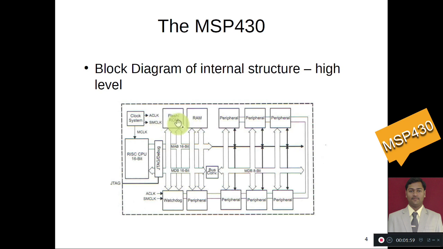For containing the hexadecimal file, we have ROM or flash memory, and for containing random data, or temporary real-time data, we have random access memory, RAM. And there are two buses, MAB 16-bit bus and MDB 16-bit bus, that is address bus and data bus respectively.